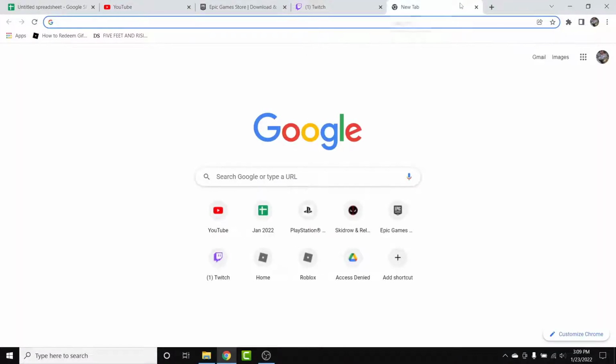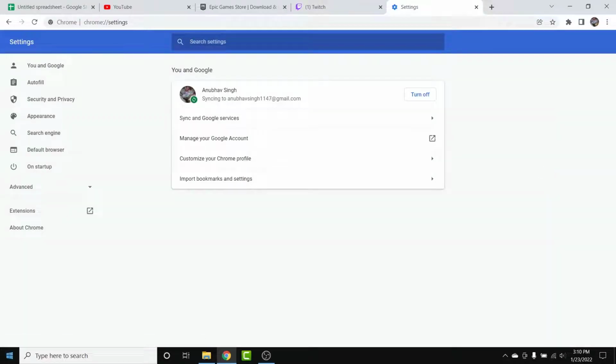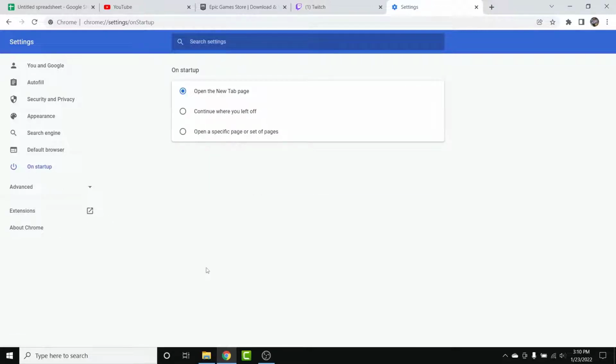Then once you open the new tab, what you want to do is tap on the three dots on the top right corner. Then from the drop down menu, go into your settings. Once you go into your settings, you land on an interface like this. Now from here, what you want to do is go into your on startup settings. Once you go into your on startup settings, you land on an interface like this, and here you'll see three